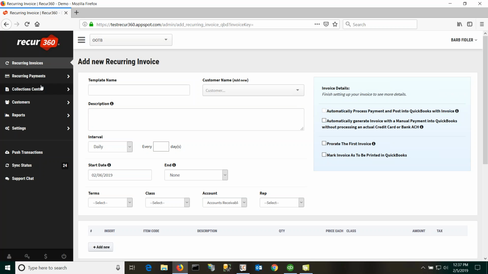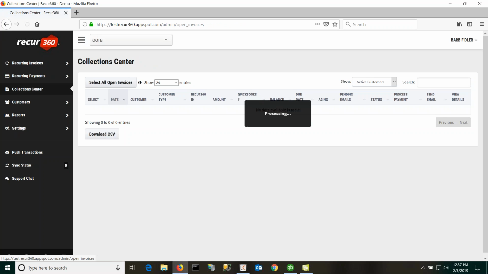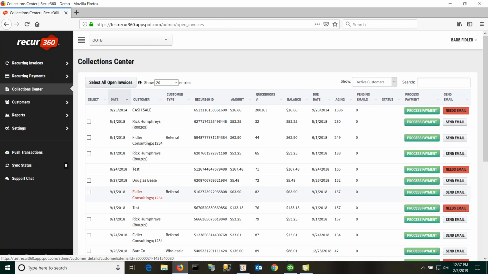Some of the things I'd like to talk about and maybe touch on in Recur360 are whether you're using or not using some of the advanced features that we have. We were originally built as being able to generate recurring invoices and process payments automatically for you on a schedule. We also have our collection center, which gives you some really nice collections automation features because I have the